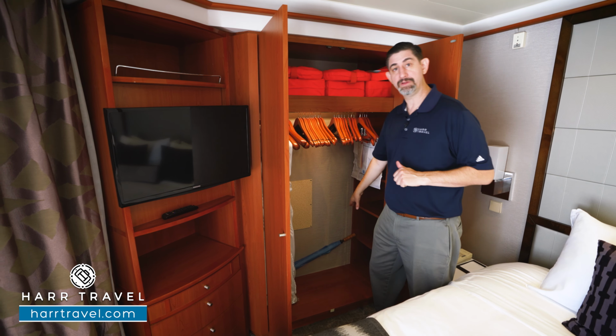and then as we head around the side, we're going to head into the bathroom area, but you also have more storage in the dressing room. Another door here. That's a great feature to give you that extra level of privacy. And then on this wall, you're going to find the rest of your storage. So you've got hanging storage inside there. Open this up, you're going to find your safe, perfect size for a passport or wallet. Storage with shelves all the way up, and then all the way down, you're going to have drawers here as